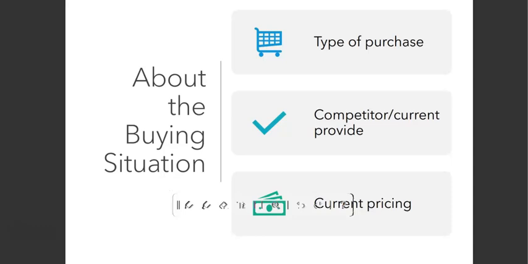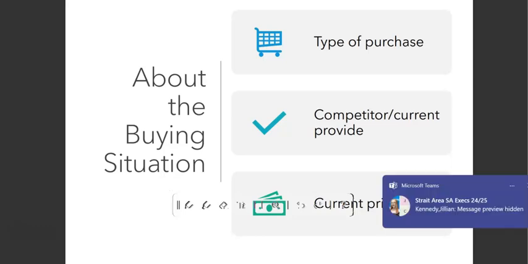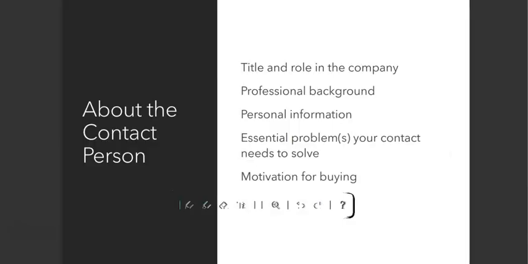assist in solving their problem. Because it is about solving and not selling, although we are selling. It really is about providing solutions to a customer, and I think that's the mindset this whole course, and when we think about selling, should have. And we just talked about current pricing. So, is there an opportunity for us to undercut that price, come in at a lower bid, and save the client some potential money. Some other things, again, as